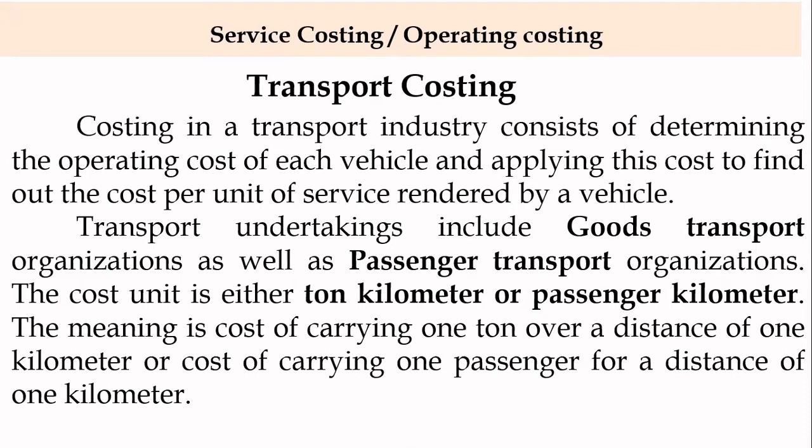So, transport undertakings render services to the community. Various methods of transport are railways, roadways, goods carriage, airways, and such businesses adopt operating costing for the purpose of finding the total cost of each and then applying it to the cost unit. The main objective of all this costing is to find out the cost and how to reduce the cost. Cost reduction and cost control will be the major objective of this costing.